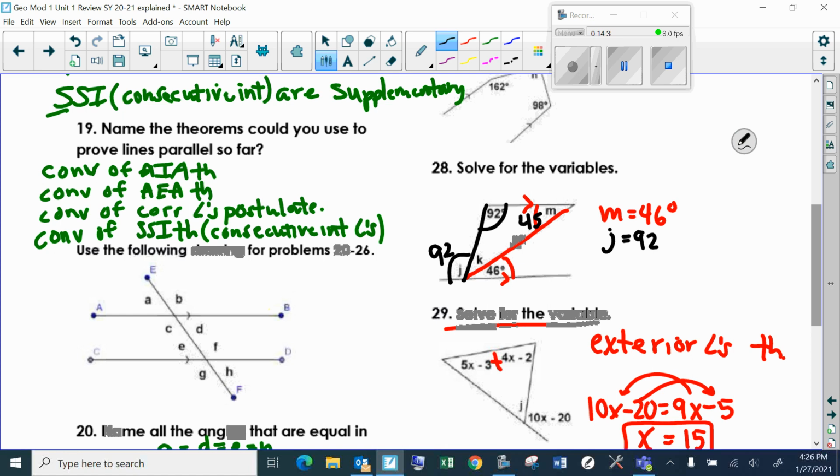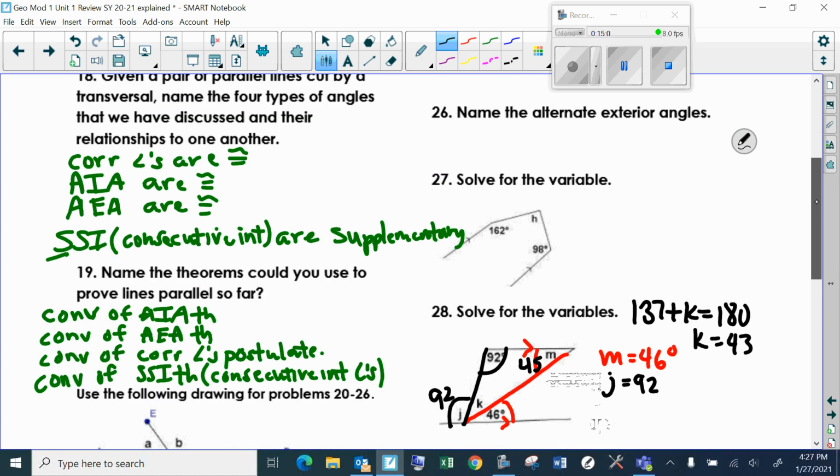So for K, you could just go ahead and say 92 plus 45. Subtract that from 180 because of the triangle sum theorem. So it's 137 plus K equals 180. Subtract the 137 across, and I get 43 for K. Okay, up here,